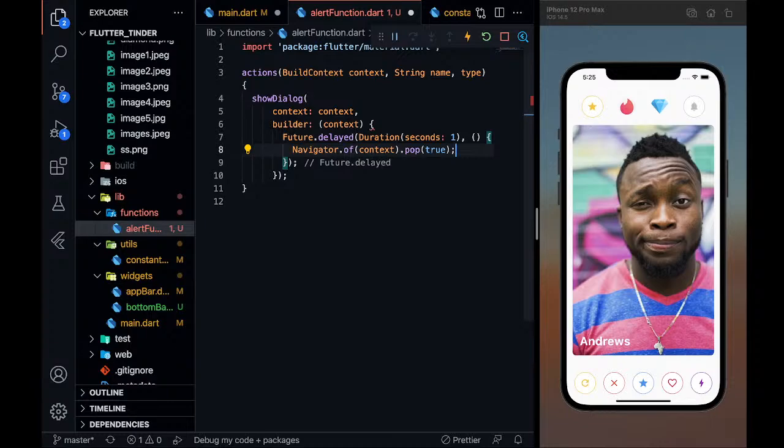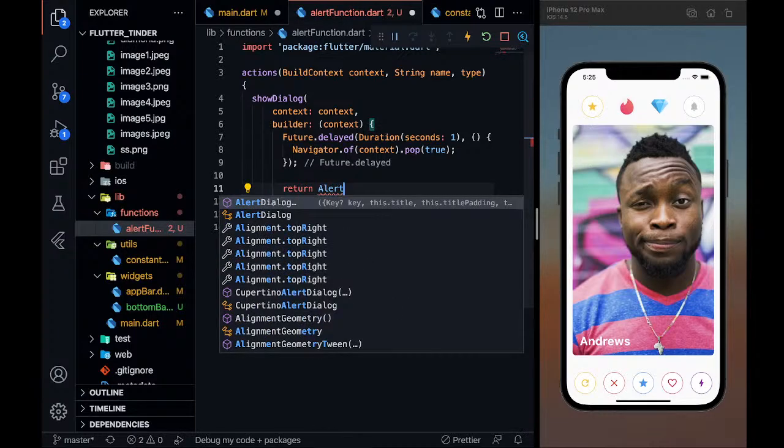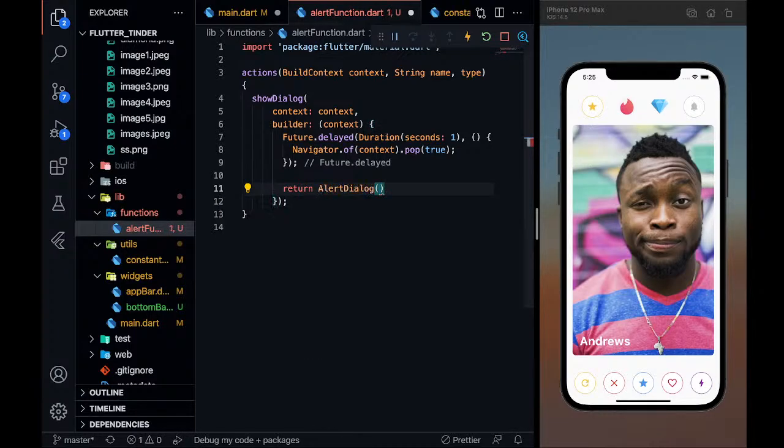Perfect. And now what I'll do is I will return the alert dialog, sorry. And in this alert dialog, I'm going to have the content and I'm going to have the title. So let's first of all keep the title. So the title will be a simple text, and the text is going to be $,